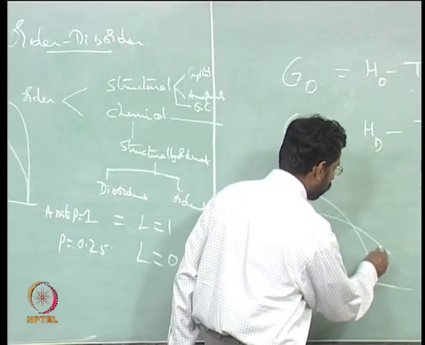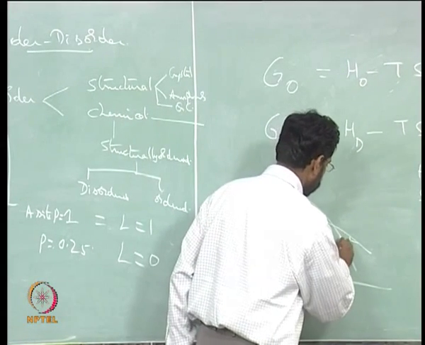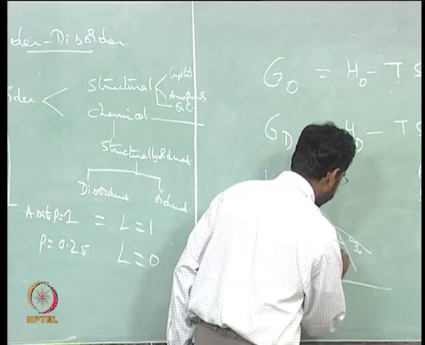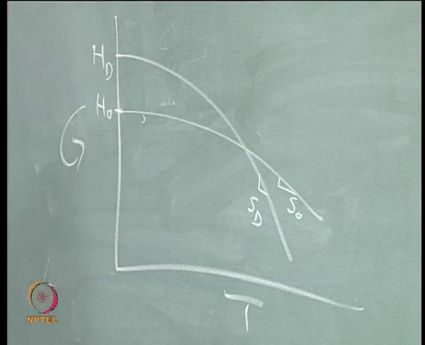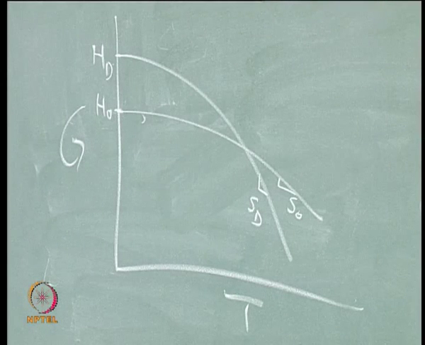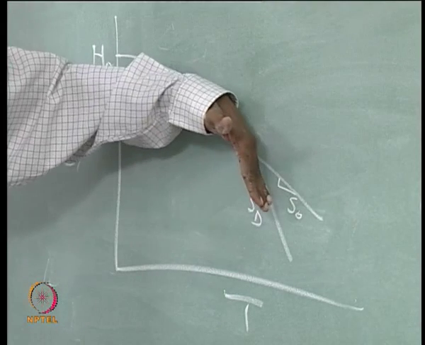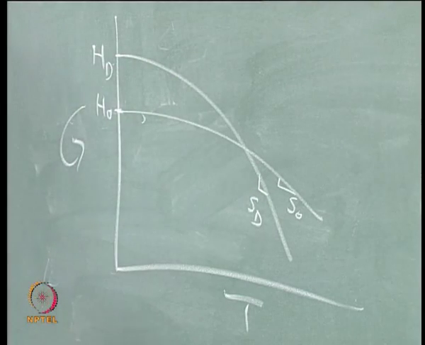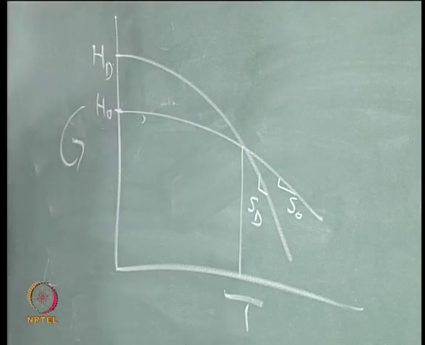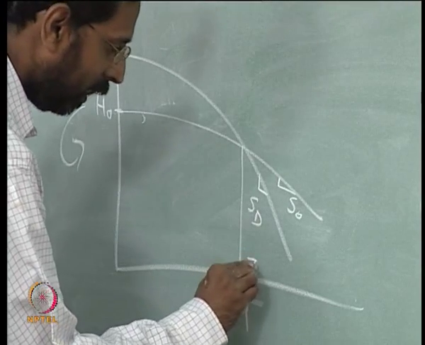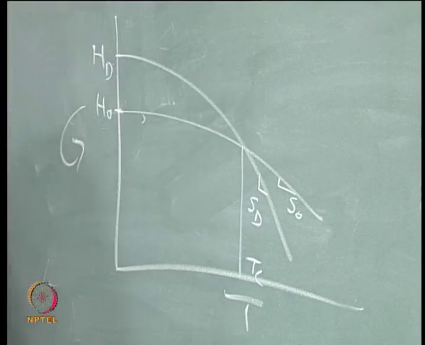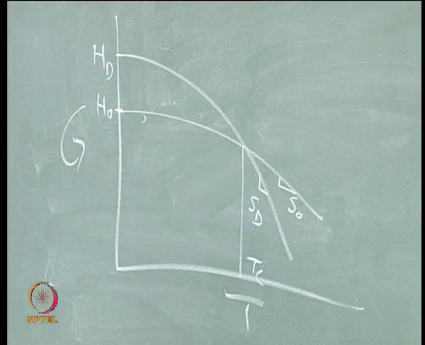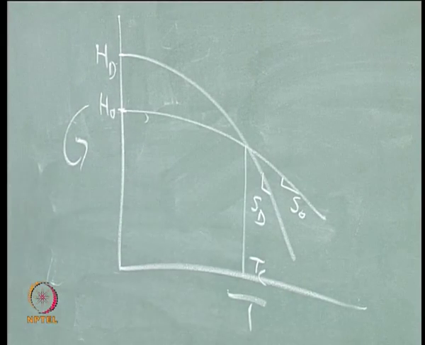Because the S, which is the slope of it, so this is the S of the ordered, this is the S of the disordered. At any given temperature, if I look at the entropy, you would see that the disordered structure should have a steeper slope when compared to the ordered structure. If that is the case, you would see at some temperature these two will intersect, and that is what we call a TC,